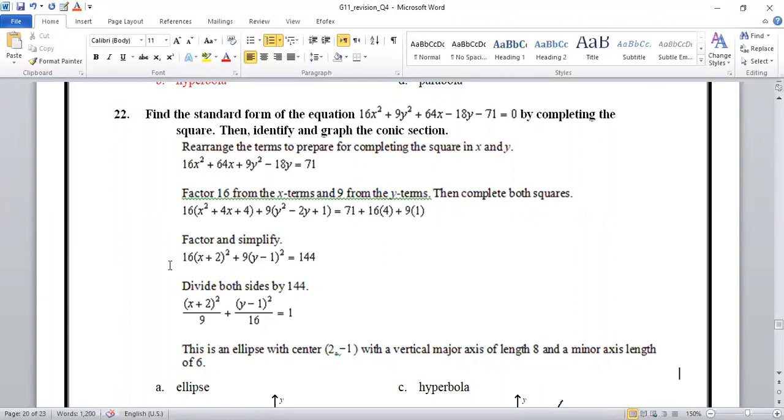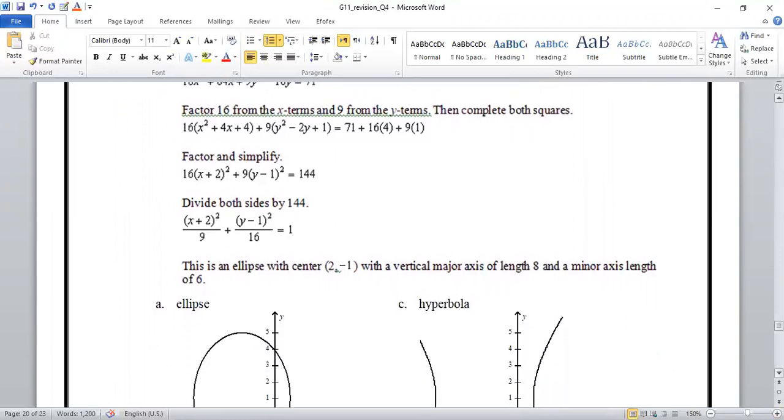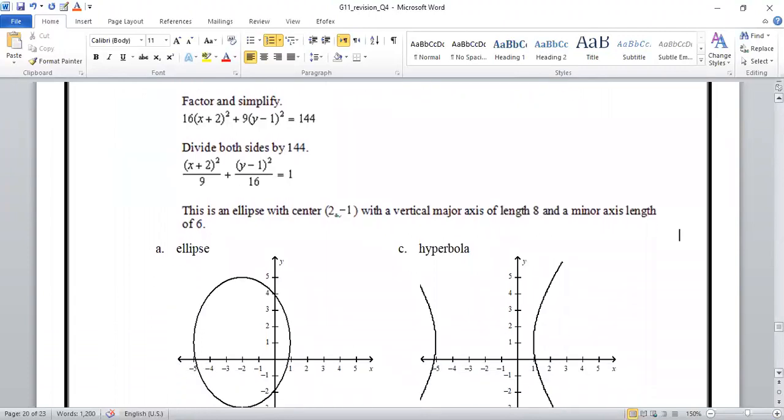After simplification, 16(x + 2)² + 9(y - 1)² = 144. Divide both sides by 144, we get the equation of the ellipse (x + 2)² over 9 plus (y - 1)² over 16 equals 1. This is an ellipse with center 2, negative 1,